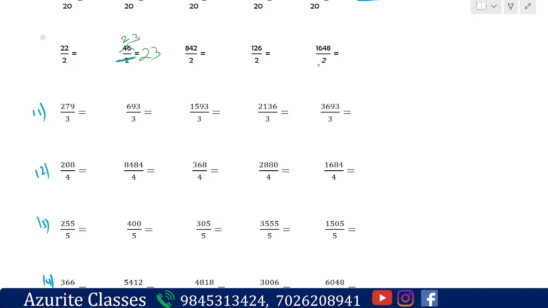Here if you see, 2 sixes, 2 eights are how much? Here 16. First you divide with 16, and then 2 how many is 2? Yes, 2 twos are 4, and 2 how many is 8? 2 fours are 8. So the answer will be how much here? 824. So that is how we have to do it, one by one. Will everyone be able to do like that?